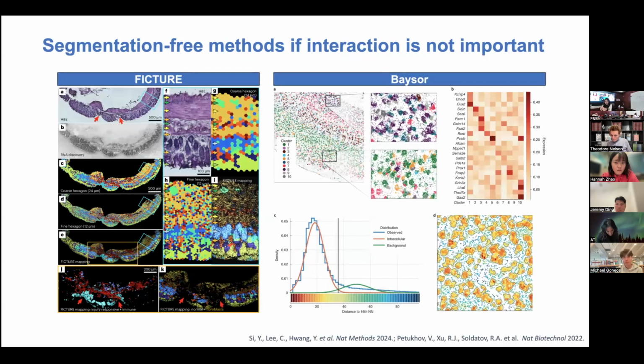And that's the reason behind some of the segmentation-free methods that came out. Bayesspace and Ficture are major examples of segmentation-free analysis methods. Both use slightly different statistical ideas, but the gist is they're using pixel-level segmentation. So rather than defining each of the cells or each of the gradients and trying to draw the boundaries, they're taking a pixel and clustering